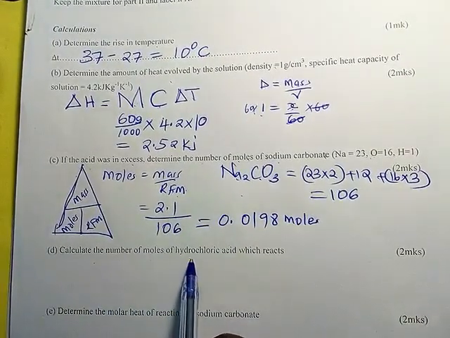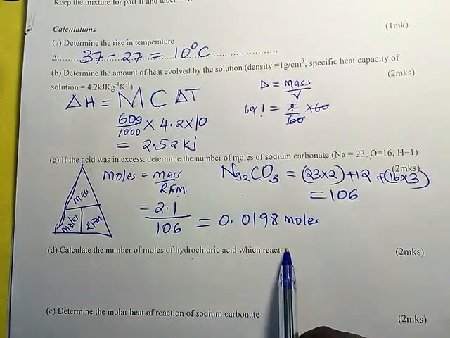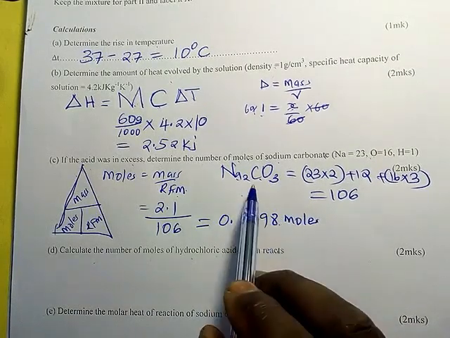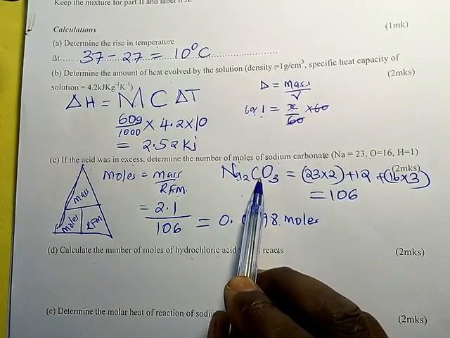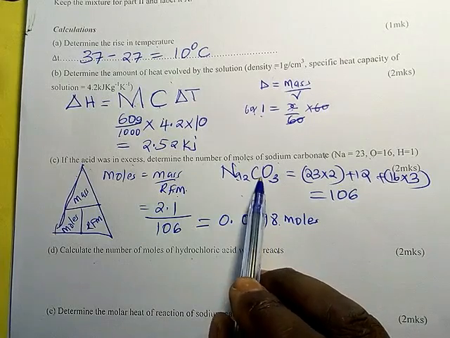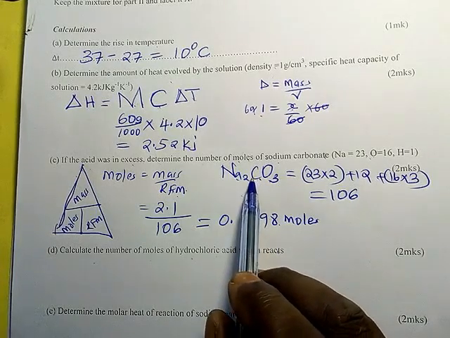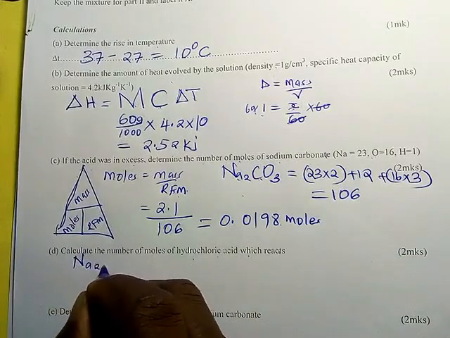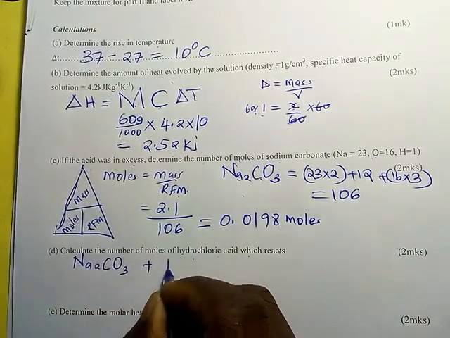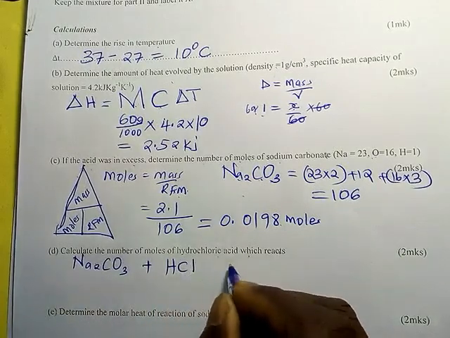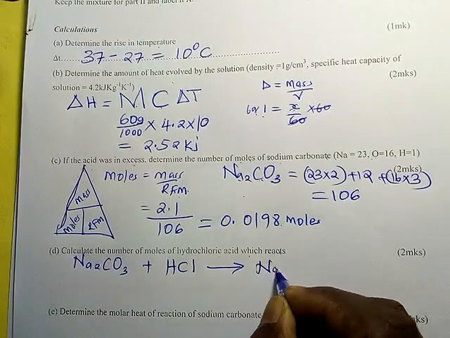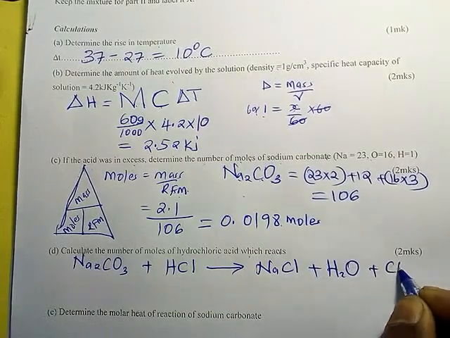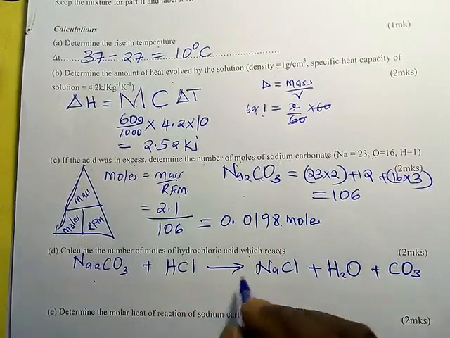Calculate the number of moles of hydrochloric acid which reacts. Now we have the number of moles, and remember sodium carbonate reacted with 60 centimeters cube of HCl. Therefore we have to write the equation first and balance it. Sodium carbonate plus HCl, sodium chloride plus water plus CO2. So we can balance this equation,